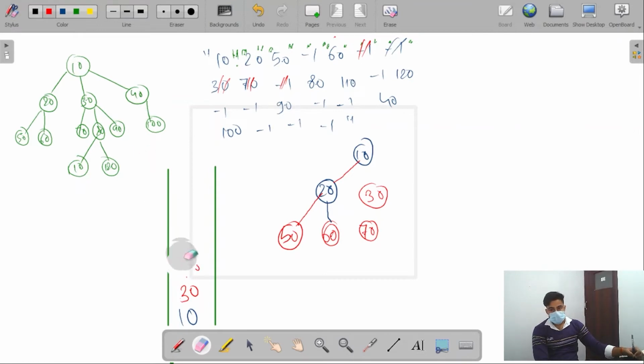Remove a node from the stack, update its link with its parent, that is this 30, and now the flow of the program, or the control, reaches this 30. Again I get this 80, create a node, add it to the stack. After 80, 110, create a node, add it to the stack. After this 110, I get this -1.